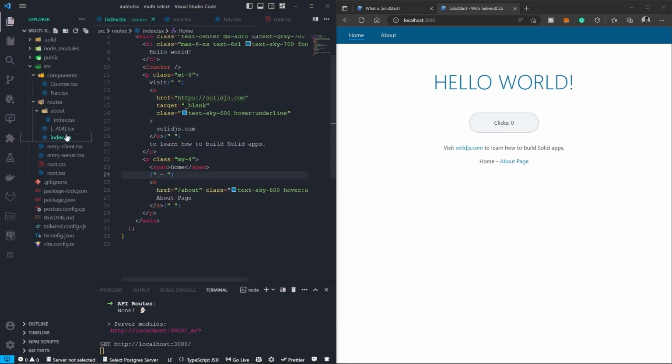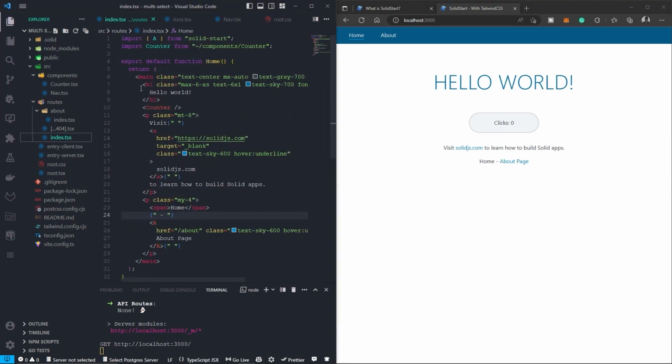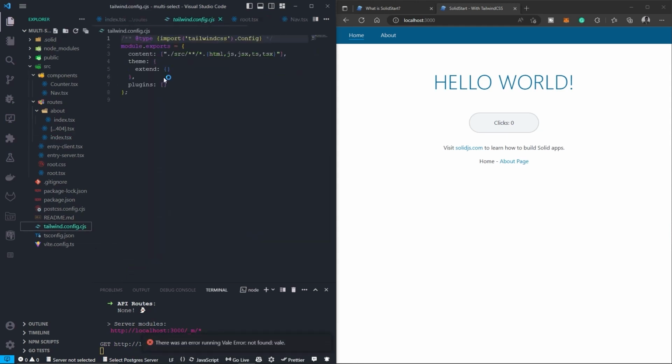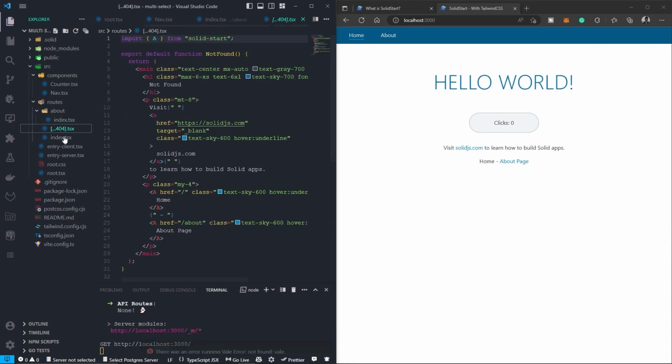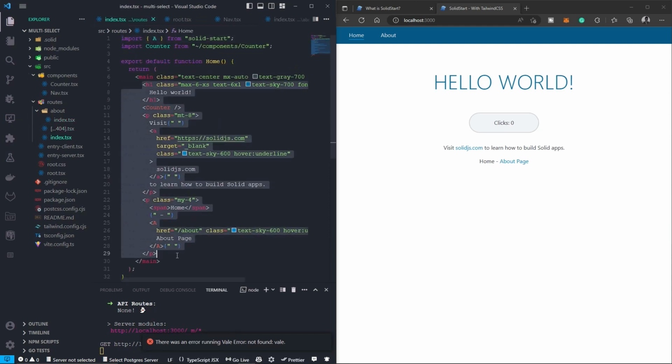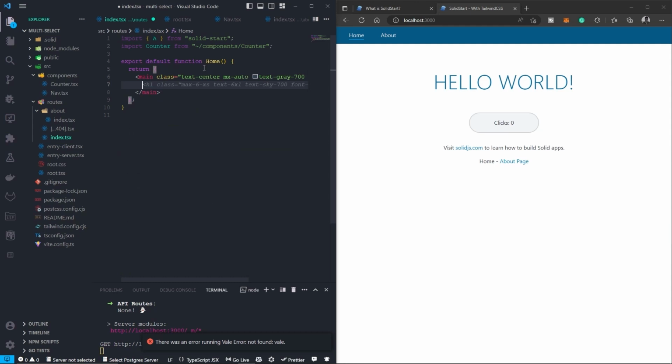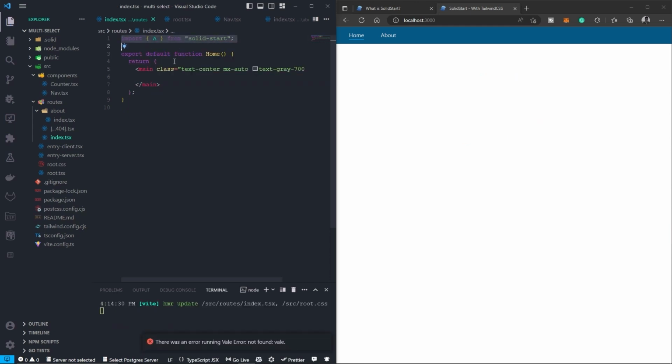So I believe the home page is inside index, and this Tailwind is already configured, so I don't need to come and configure. You see, it's reading everything from the SRC, which is components and routes and everything there, which is just lovely. This is the about page, and Linux works. Okay. I don't know how to create state. Is it even called state in the first place? I don't know. But I think for me, I'll just create an input